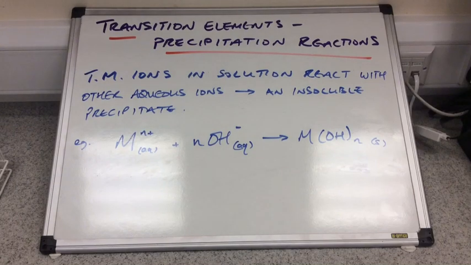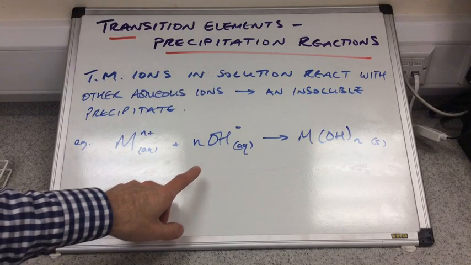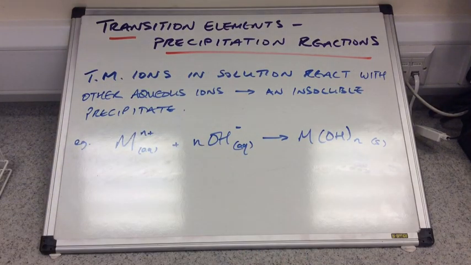In this video I'm going to look at the precipitation reactions of the transition elements. So what do we mean by a precipitation reaction? Well, that's when you have transition metal ions in solution and they react with other aqueous ions and form an insoluble precipitate. The examples that we need to know for the exam are the hydroxide precipitates of transition